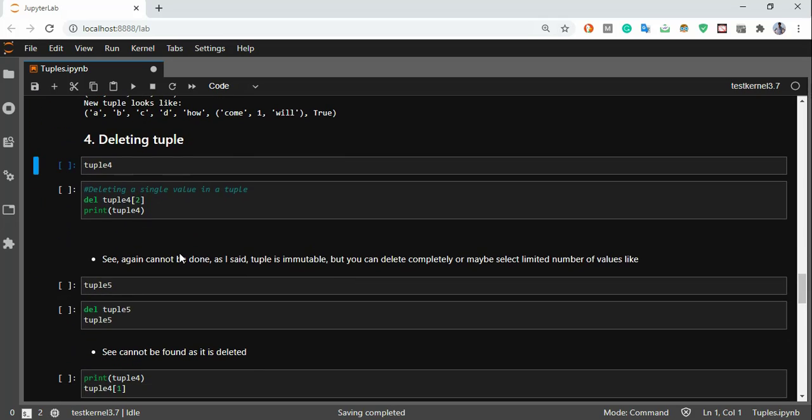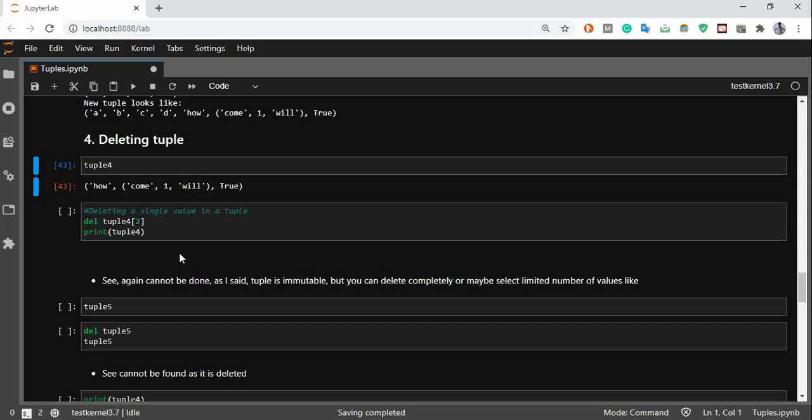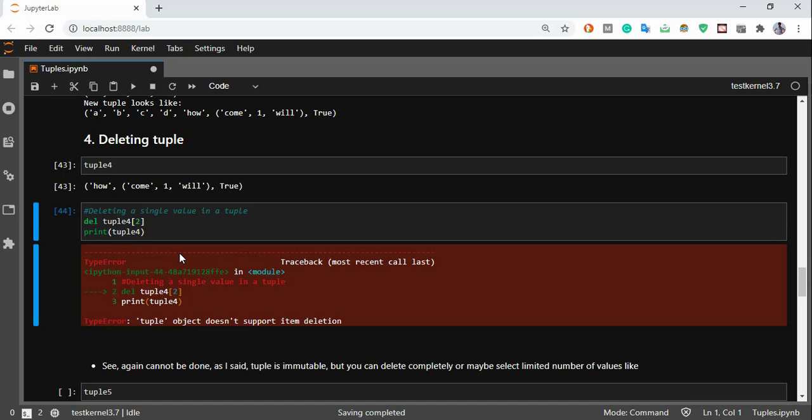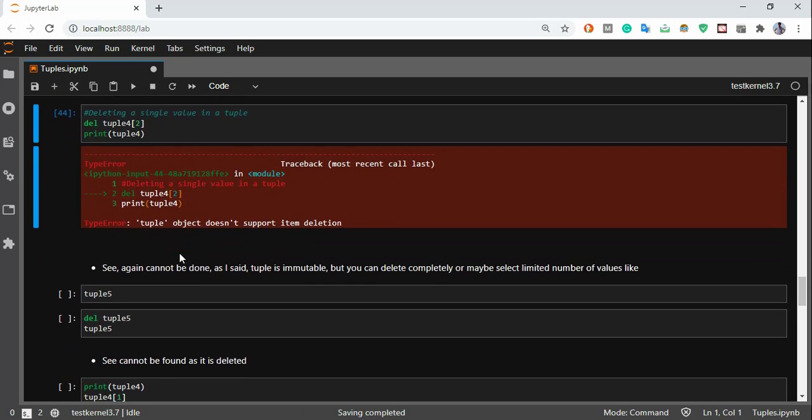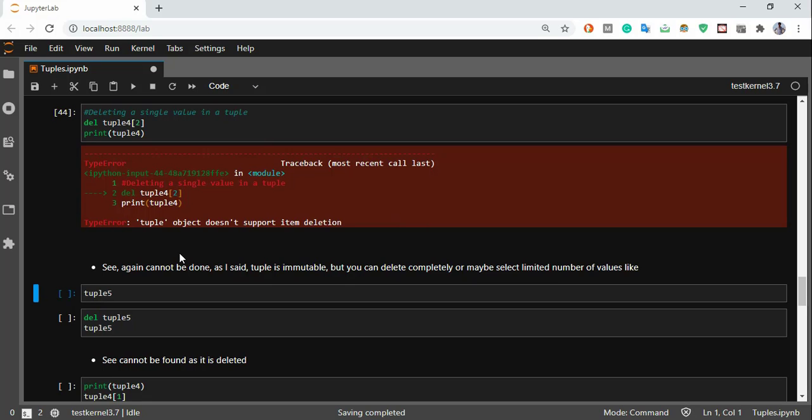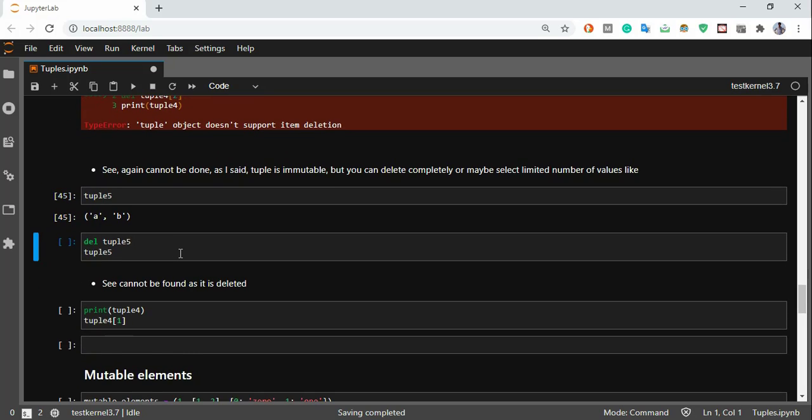Now when we talk about deleting a tuple, I can entirely delete a tuple, but I cannot delete a particular part of a tuple or a particular index of a tuple. Let's say I just want to delete the middle value. I cannot just do something like this, right? Because it doesn't provide me that functionality. So I'll just delete the entire tuple 5, let's say.